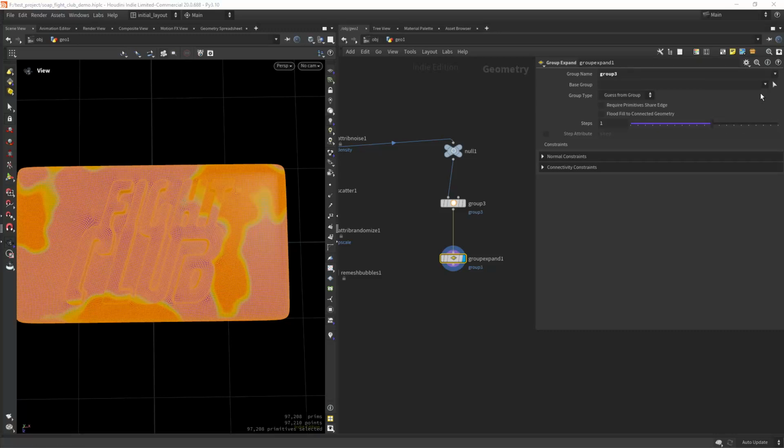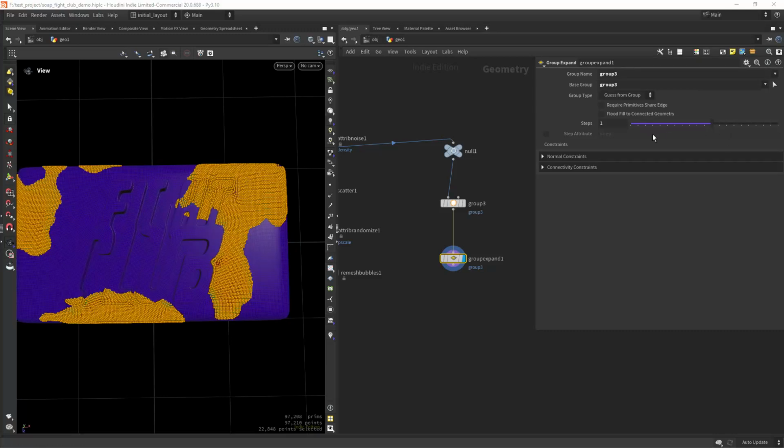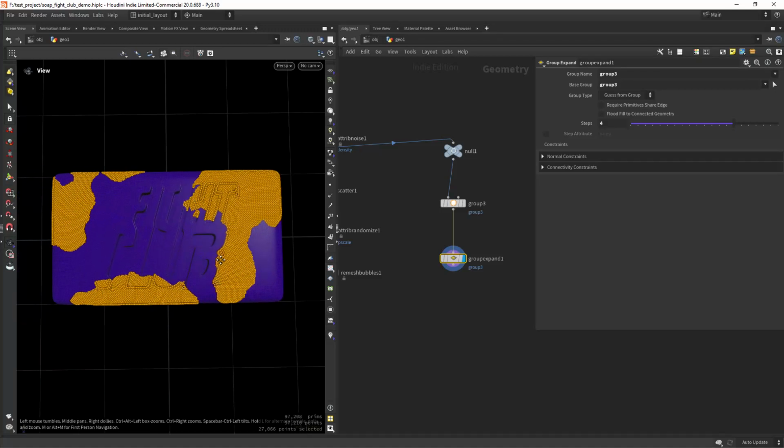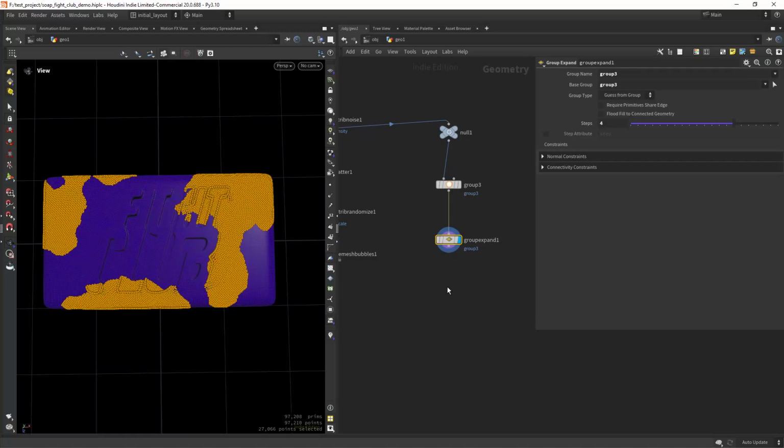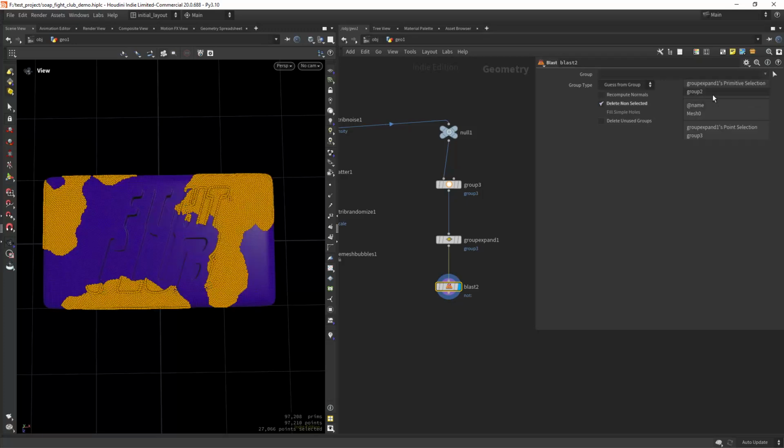So group 3, and I'm gonna expand it by 4, let's say. So I want to grow the foam a little bit, and now we can just blast, delete non-selected, and blast the group 3,